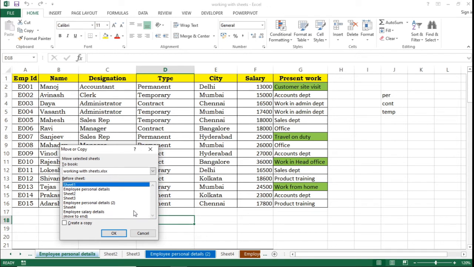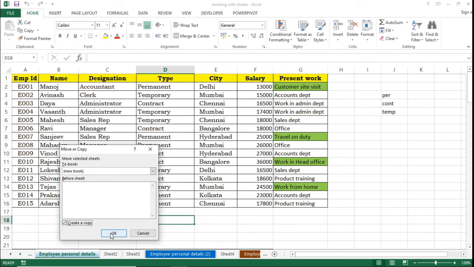One more thing you should remember, you can also move a particular sheet to another file. For that, you have to open that particular Excel file, or you can just click on this and make a new workbook. That means you can create a new book and you can create a copy, so that it will create a new copy and place it in a new workbook.